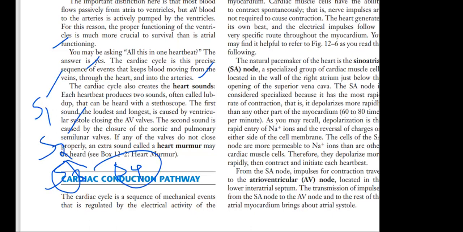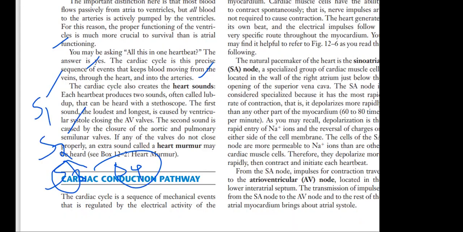S3 and S4 need a special meter or different types of stethoscope, and we will be able to listen with those things only. So basically we can hear two heart sounds, that is S1 and S2, with our stethoscope. The sounds you can hear are lub dub, lub dub. So this is the heart sound you can hear.